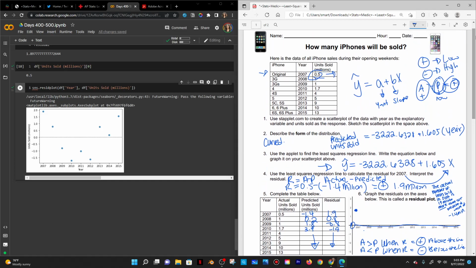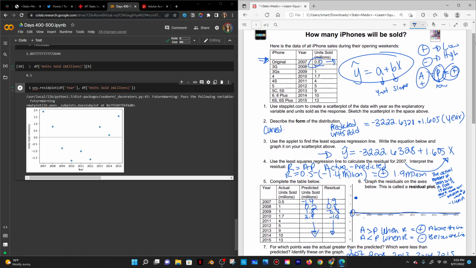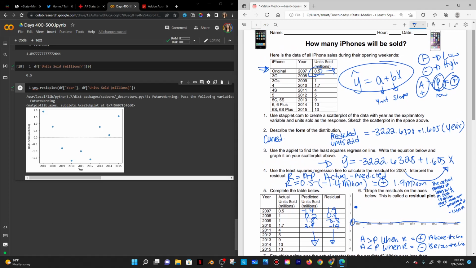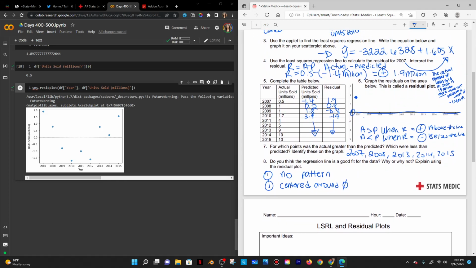And right now, this is a thing called test and training. Like you have the data. So the whole purpose was to find the iPhone 8s that are going to be sold, right, to find that predicted value. But we tested our line that we're using to predict those values with old data, with the original iPhone, and we found that the residual was actually very low, and that's the idea where this is coming from. So as you keep doing that for each of the data points, you're going to get a lot of residuals,